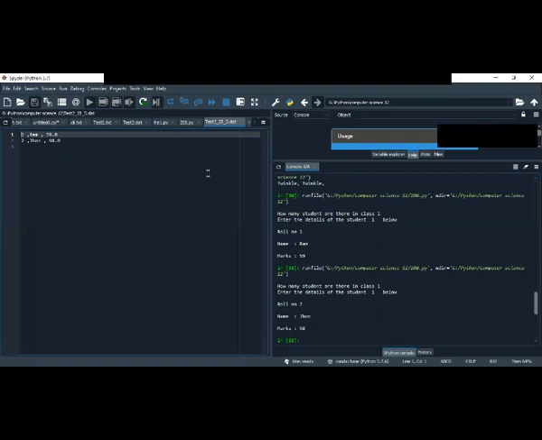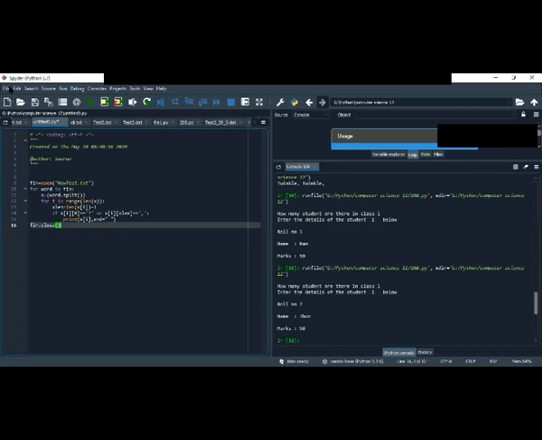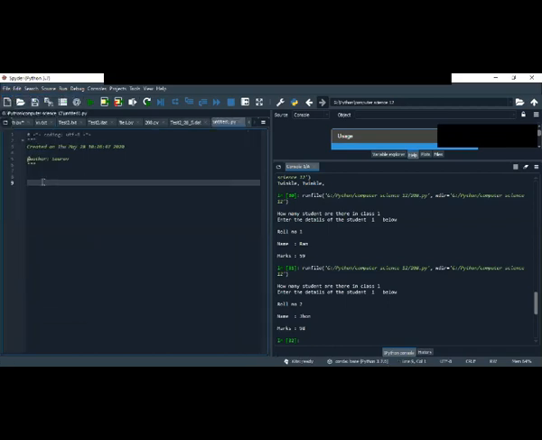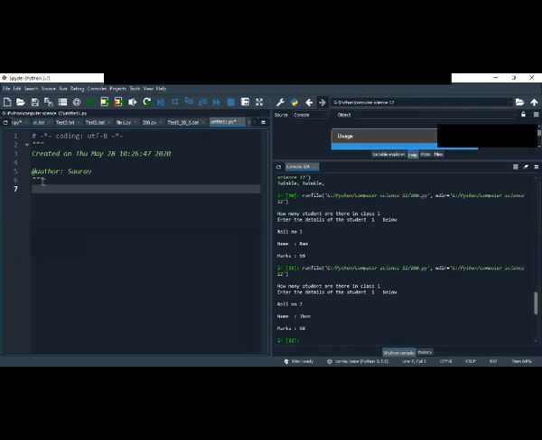Now, I want to access each of them. First, understand how to access them. To access them, I need to take them line by line. So I am using the option of readline. To read a line, I am writing a new file, and first I need to open it in read mode.